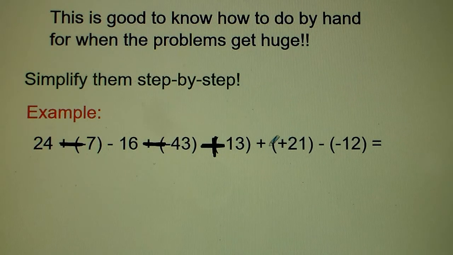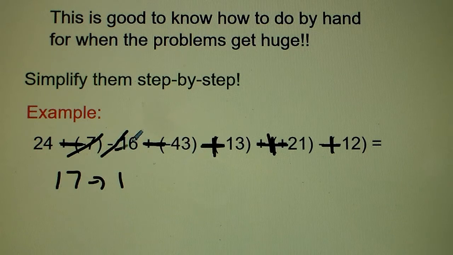These two positives remain a positive. And these two negatives turn into a positive. So 24 minus 7 gets you 17. 17 minus 16 gets us 1. 1 minus 43 gets us negative 42. Negative 42 plus the 13 gets us